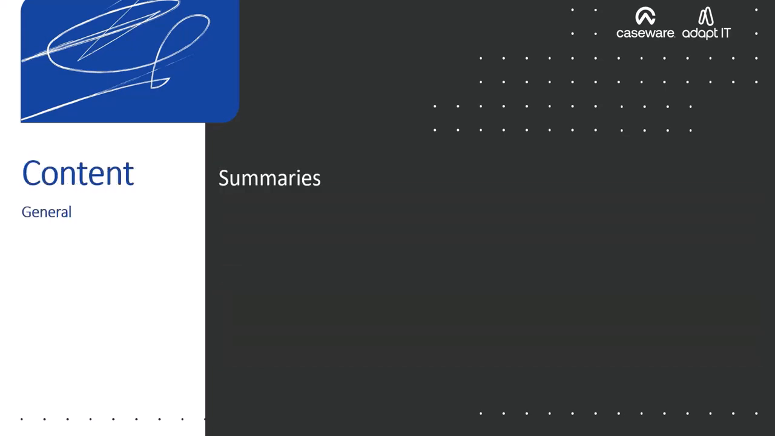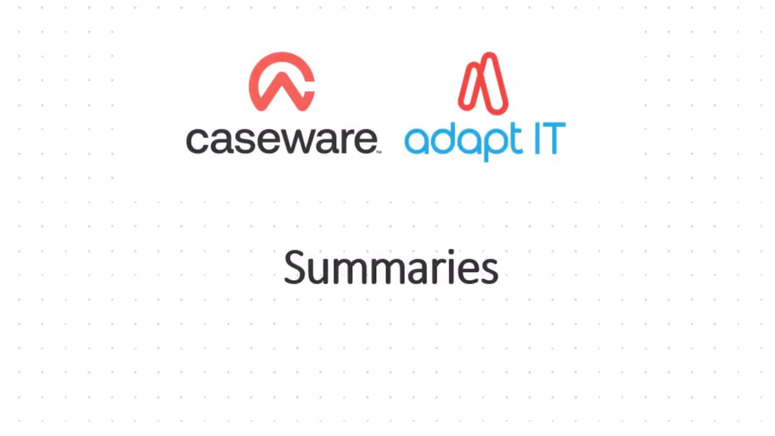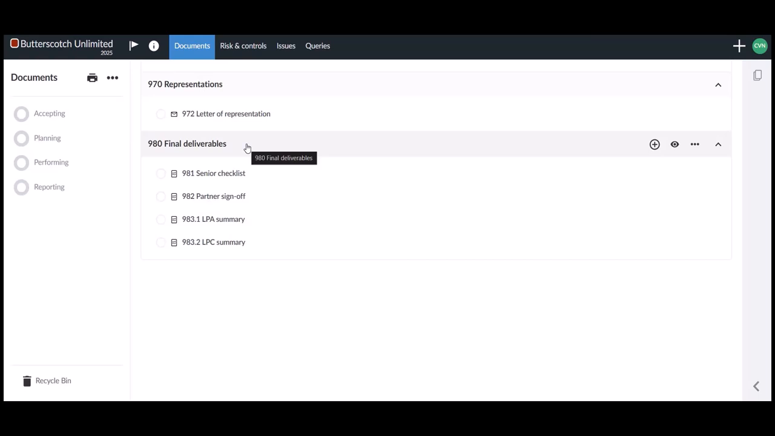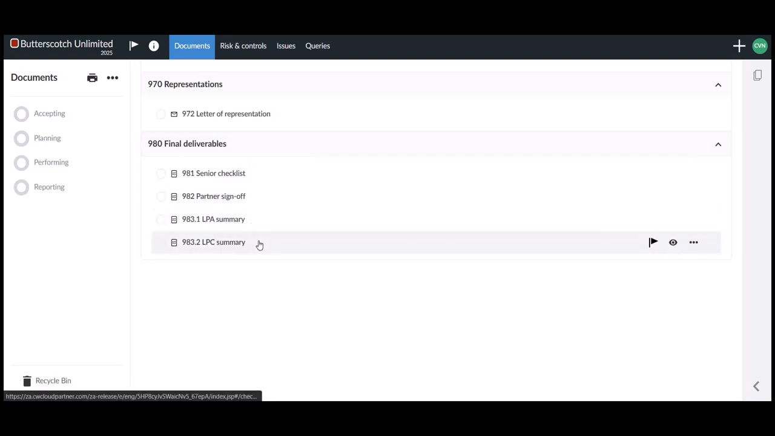For general content changes, we've added summaries for the engagement partner to review and conclude whether the client is compliant with the laws and regulations. The location of these documents is in the 980 Final Deliverables folder. Divided into the relevant laws, the LPA Summary 983.1, the LPC Summary 983.2, and the PPA Summary 983.3, depending on